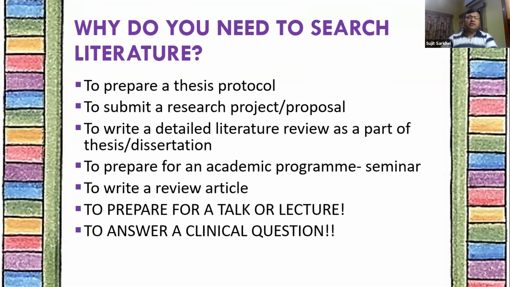We had a seminar by Dr. Varun, and before preparing for a seminar also, you will have to do an extensive literature search on the topic. Then you go further higher up and you may have to write a review article in future. To prepare for a talk or lecture, very, very common even for senior psychiatrists. And to answer a clinical question.